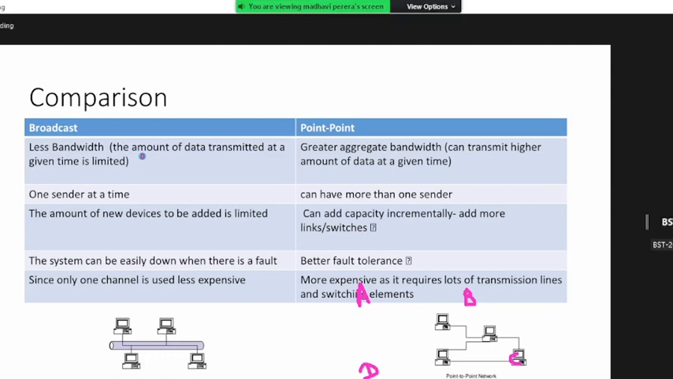Yes, ma'am. So, comparison between broadcast and point to point. In a broadcast, there is less bandwidth, which means you can send less data in a given time period. Why? Because when you send one packet, it gets copied and sent to everybody. So you cannot send much information at once; you have to limit the amount of information sent. But in point to point, because you don't have that kind of data copying, you can transmit a lot of data